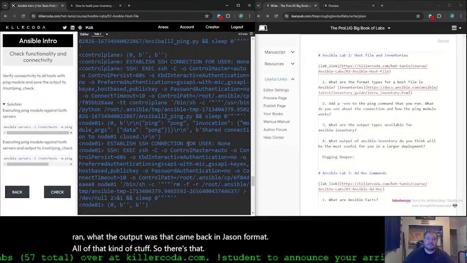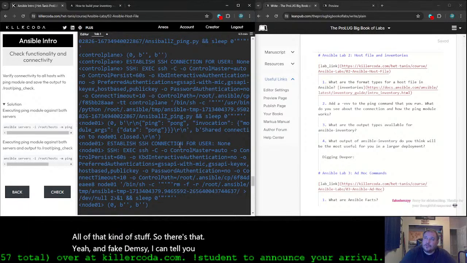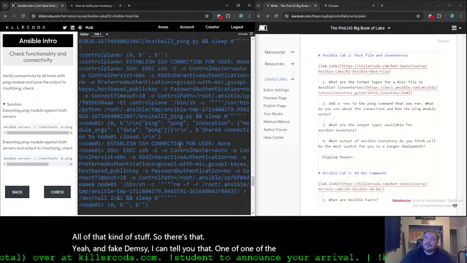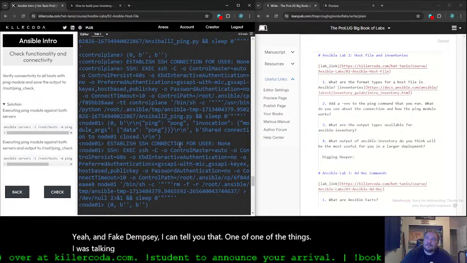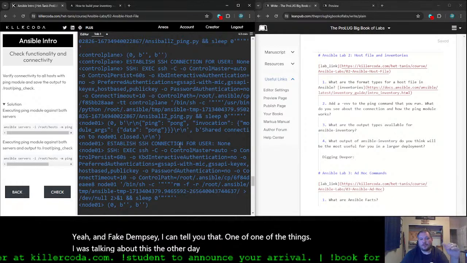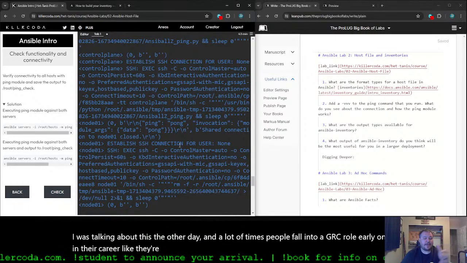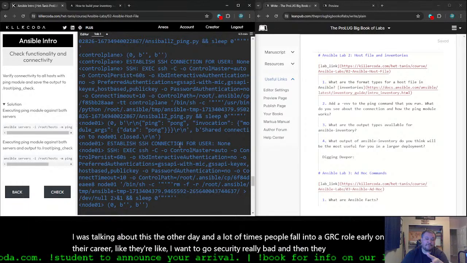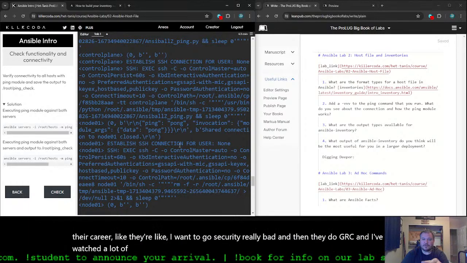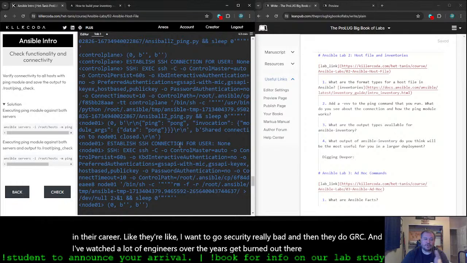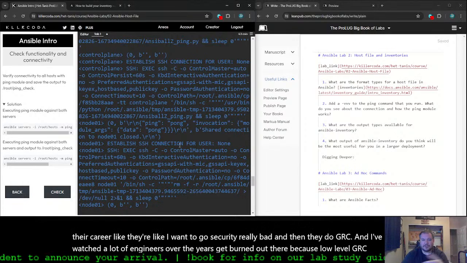Yeah, and Fake Dempsey, I can tell you, one of the things I was talking about the other day is that a lot of times people fall into a GRC role early on in their career. Like they're like, I want to go security really bad, and then they do GRC. And I've watched a lot of engineers over the years get burned out there, because low-level GRC work is just audit. You're just like an audit monkey, man.